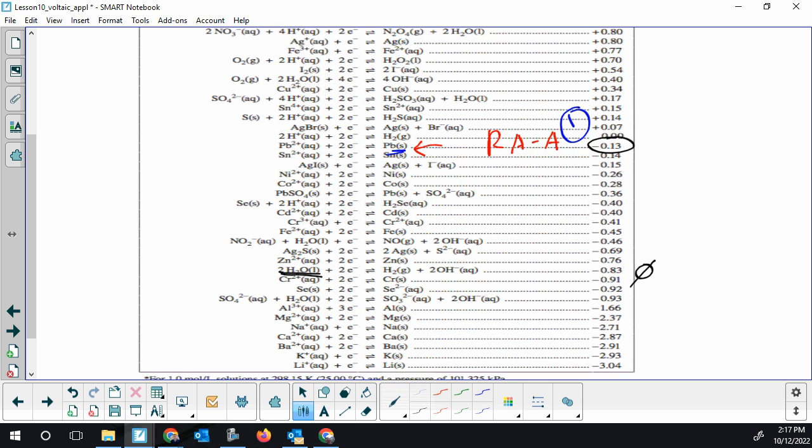How high up is the lead now? Before, it was below our reference, 0.13 below. Now it's above our reference. It's going to have a positive voltage relative to this lower zero. So there's a few ways to solve this. You can just sort of work the math out of what is the difference. How far up is negative 0.13 from negative 0.83. If you do like a formula, you don't get this,